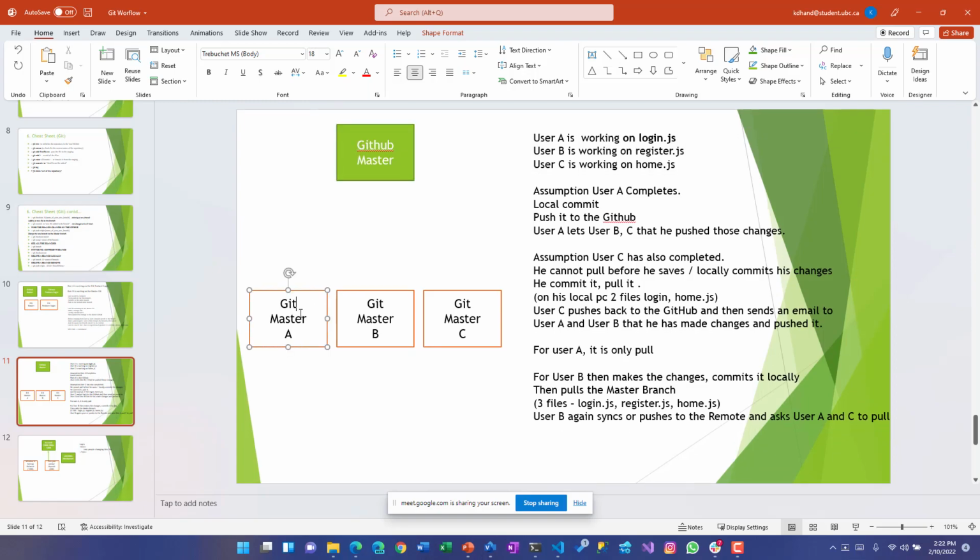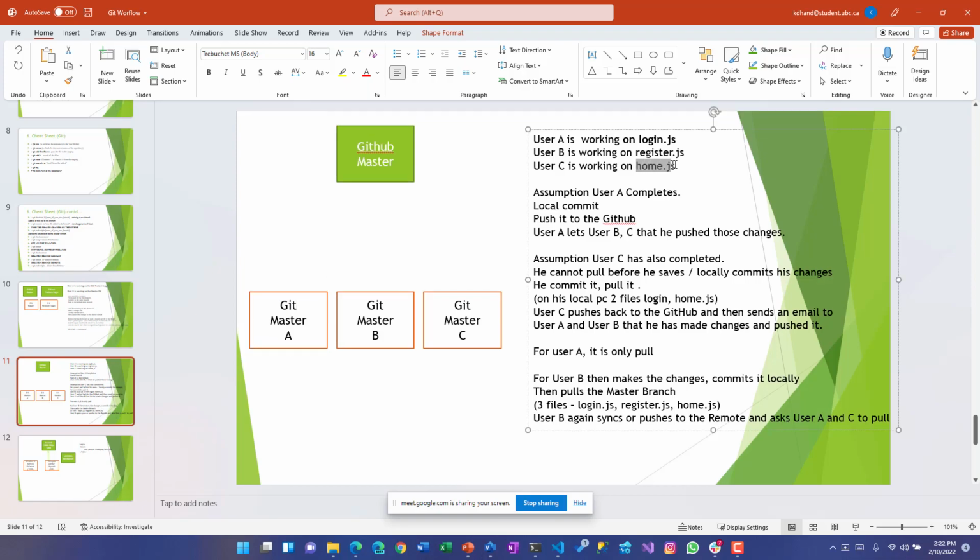Now for user A, because he already had all the changes and pushed them, he just needs a pull to get home.js, the changes which user C worked on. But B is in a different state. He is already working on his file. For user A, it is only a pull, which I mentioned. That's a simple one because he doesn't have any local changes to save.